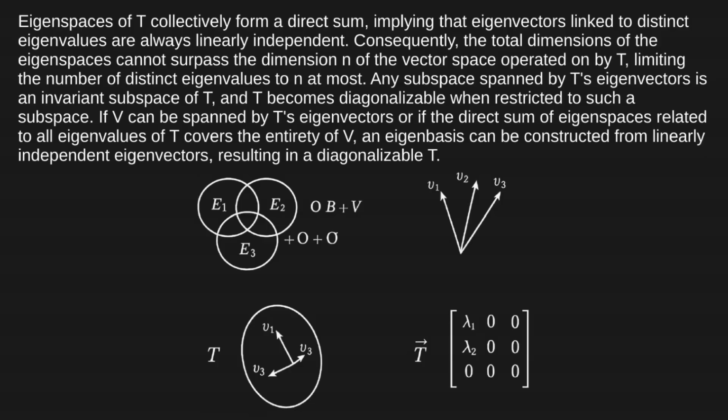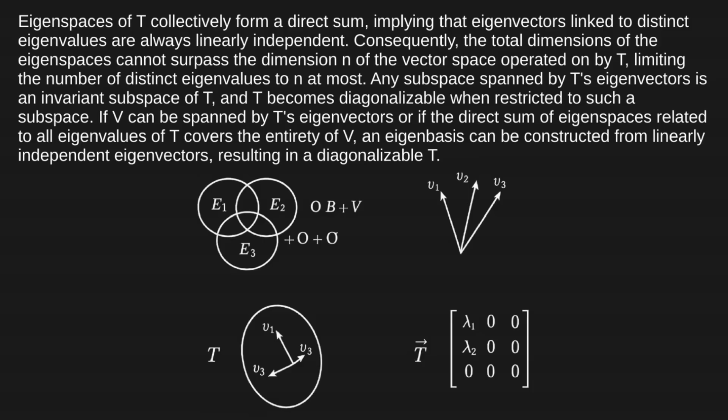Eigenspaces of T collectively form a direct sum, implying that eigenvectors linked to distinct eigenvalues are always linearly independent. Consequently, the total dimensions of the eigenspaces cannot surpass the dimension n of the vector space operated on by T, limiting the number of distinct eigenvalues to n at most. Any subspace spanned by T's eigenvectors is an invariant subspace of T, and T becomes diagonalizable when restricted to such